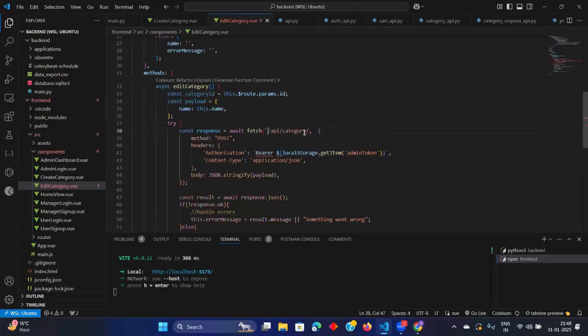That means this backtick here. Then use the dollar sign and curly braces, and then categoryId, then close the backticks here. This is another way to use this categoryId. But the thing is, you have to get the categoryId from your parameters. Clear?